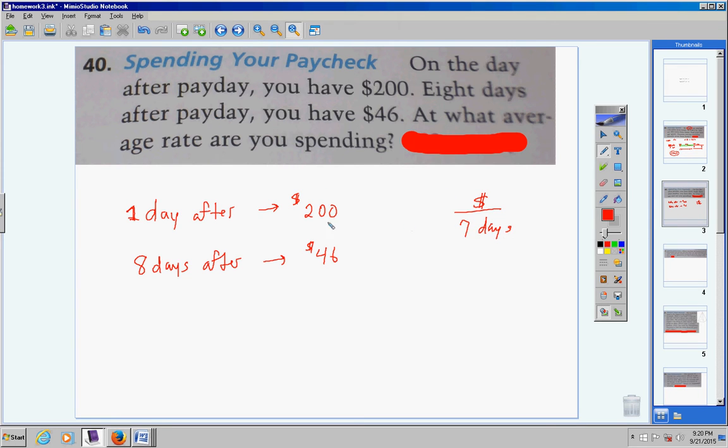Now, how much money did you spend in 7 days? Well, you had 200, and now you have 46. So subtract the two, and you're going to get 154. Alright? 154. So, you spent $154 in 7 days. Type into your calculator 154 divided by 7, and you're going to get